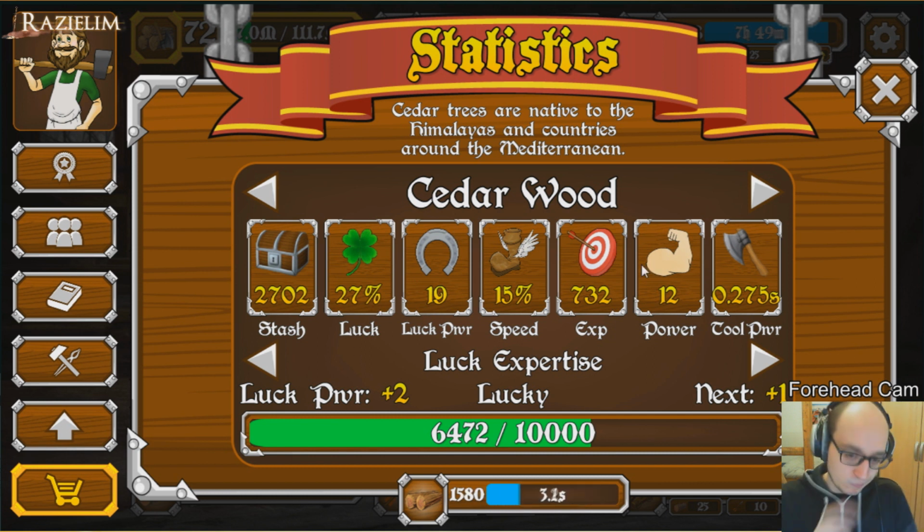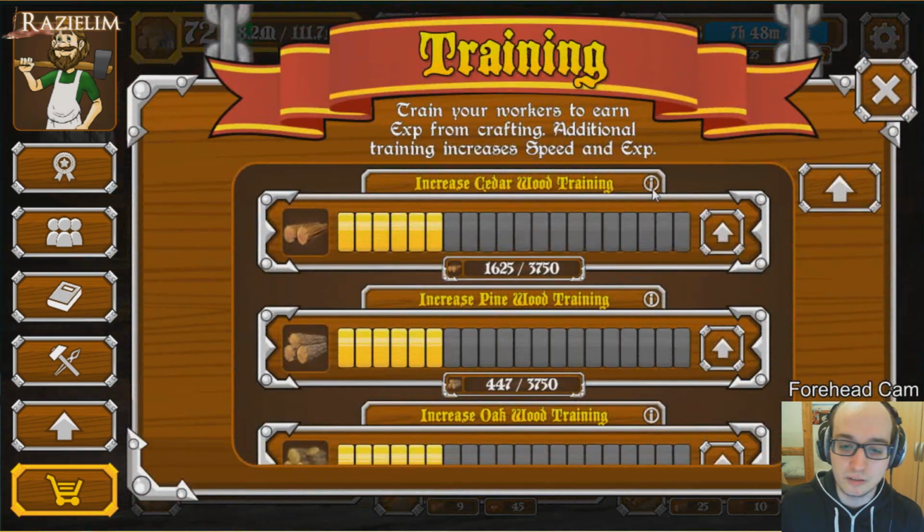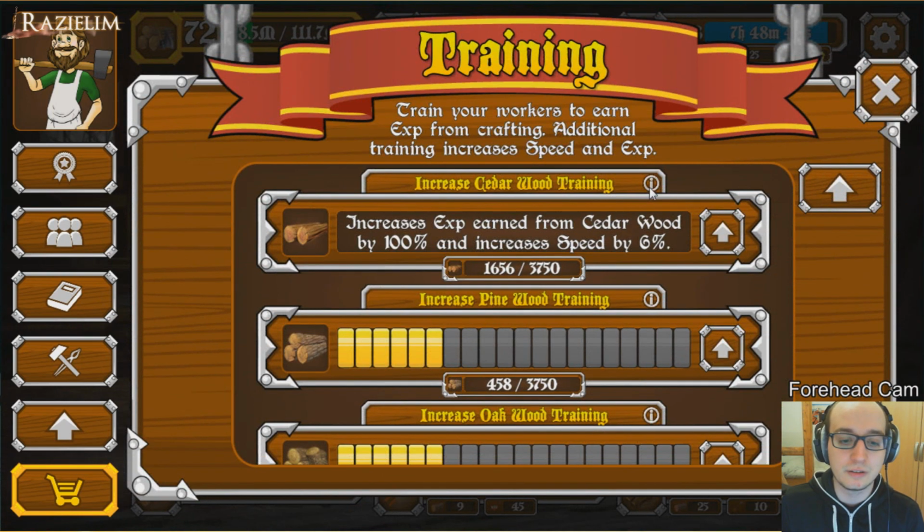So in total, I get 31 cheddar wood if I get a crit. That's pretty good. Problem is, I didn't know that for like 10 hours because it doesn't say anywhere what luck is. It doesn't say anywhere what that is. And I also didn't know that you can even increase luck. Right? You can increase luck. This doesn't increase luck, but